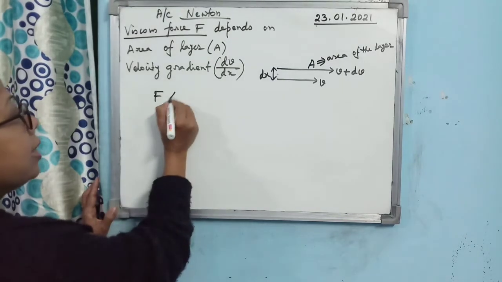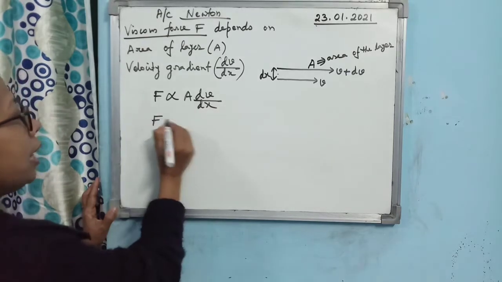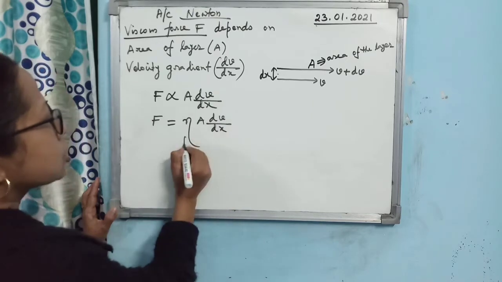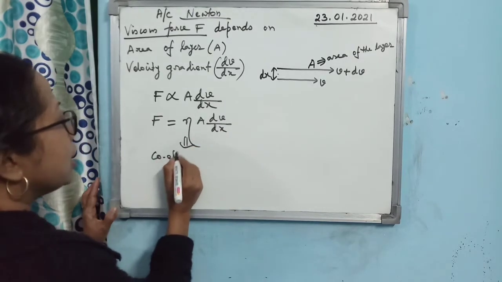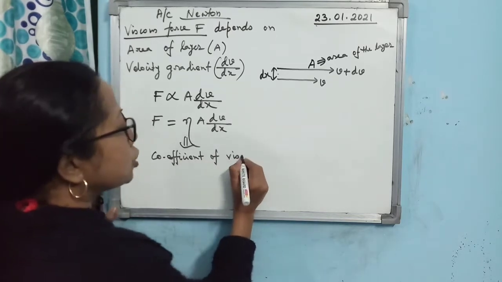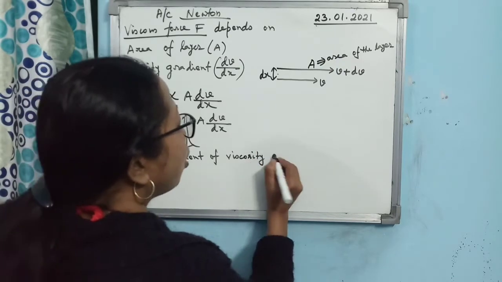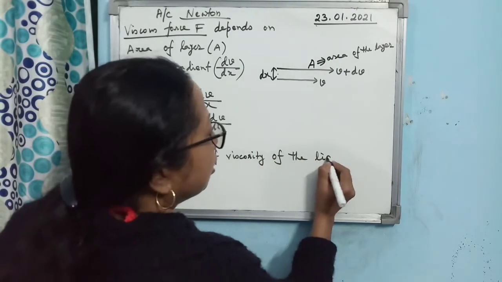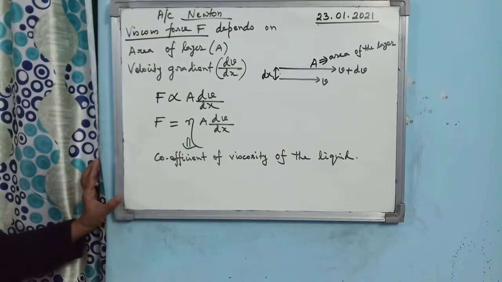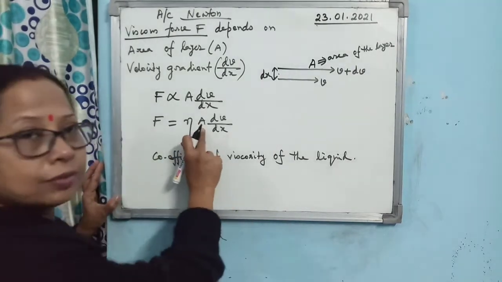So one can write F is proportional to A into dV/dx. So F is equal to some constant into dV/dx. This constant is known as the coefficient of viscosity. Here just follow what I am saying, that it is the coefficient of viscosity of the liquid. Alright, so here lies another important concept. Although viscous force depends on the area of the surface,